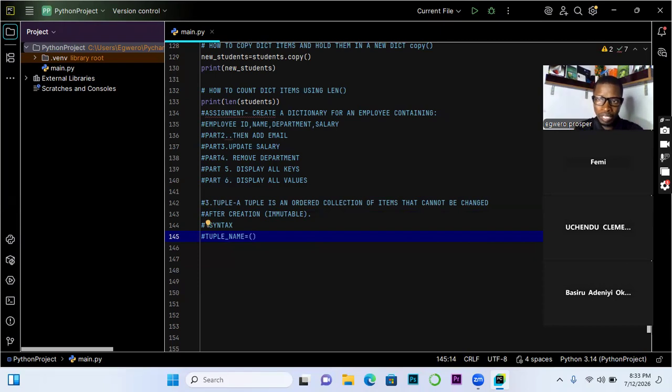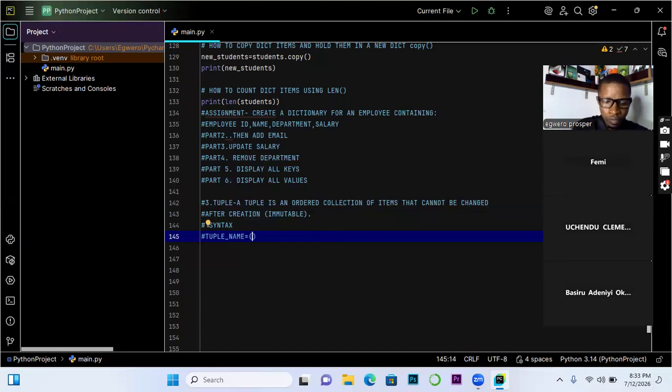You can see that this bracket is different from the one we use for dictionary. If the elements of your tuple are strings, we are still using the same variable value storage concepts: if it is a string, you quote it with either single or double quotes. If it is a number, we don't quote it. So that rule still stands. Let's say it's a tuple, I'm just giving the structure.